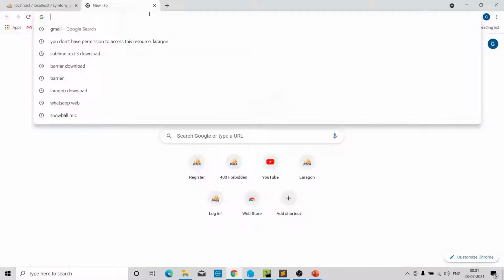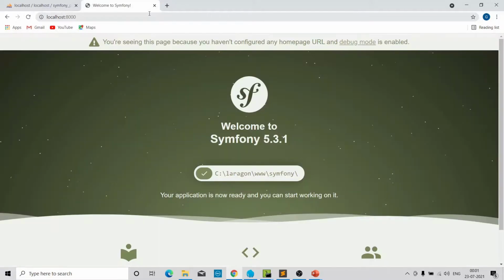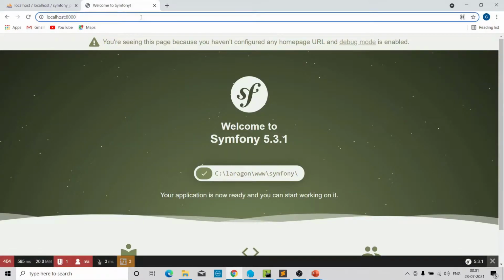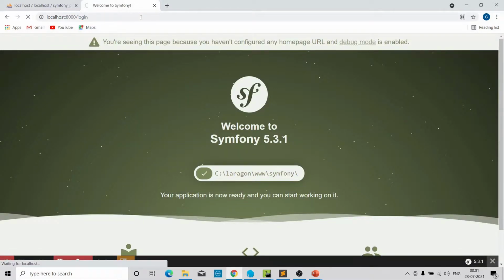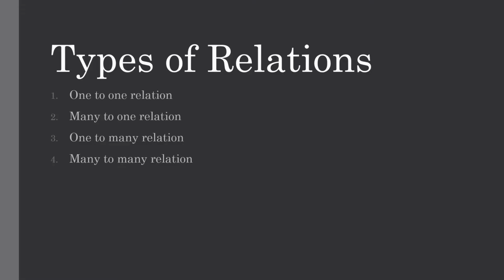Let's copy and paste this in the browser. We will start from one-to-one relation, and for that I will create a new entity. You can update an existing entity as well.